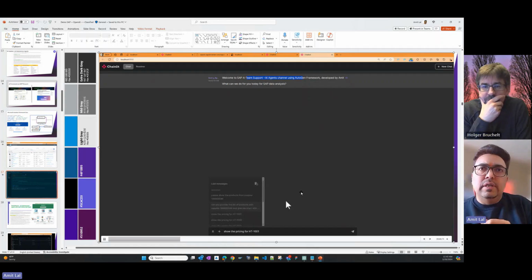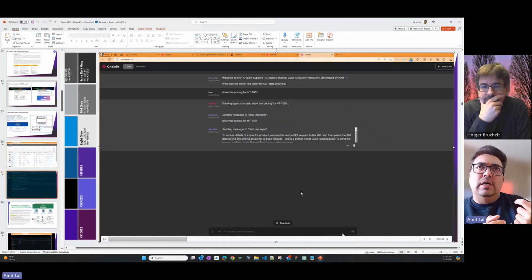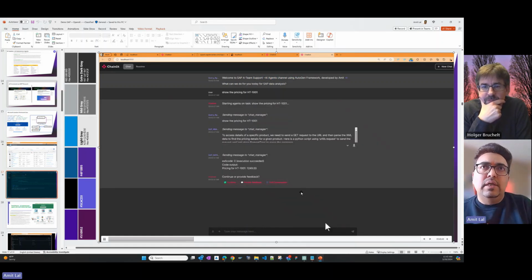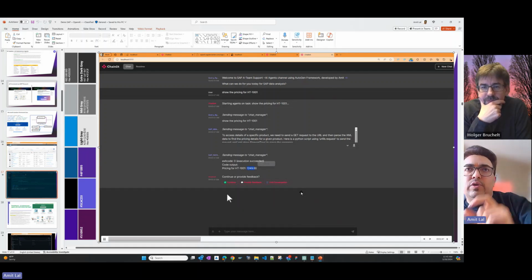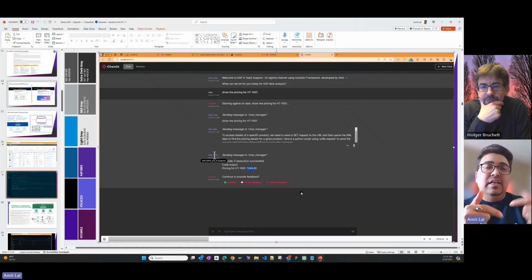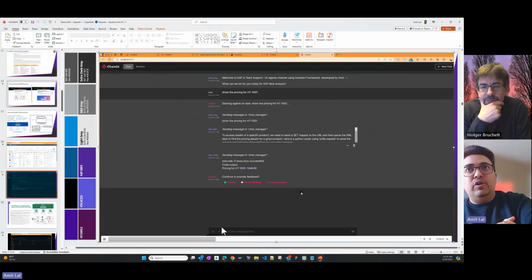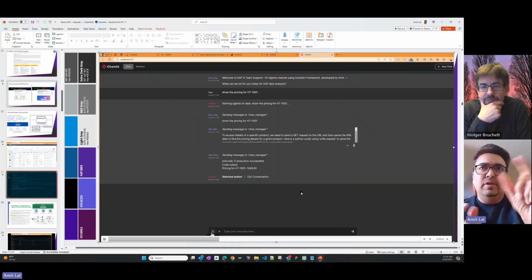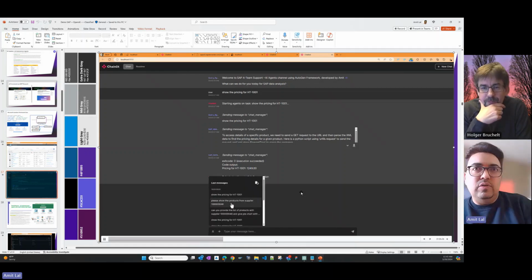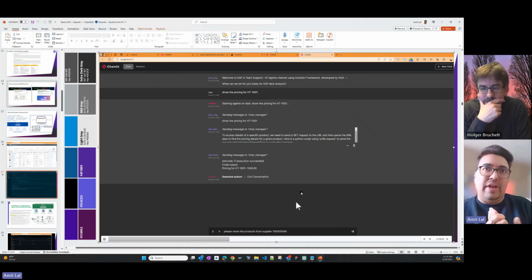Very first, the business user wants to see the pricing for the ST1001 product. The query agent sends this to my data engineer, who creates the query in the backend and sends that query back to the executor, and the executor executes that query. It's a simple example just to show the audience how all three agents interact with each other.